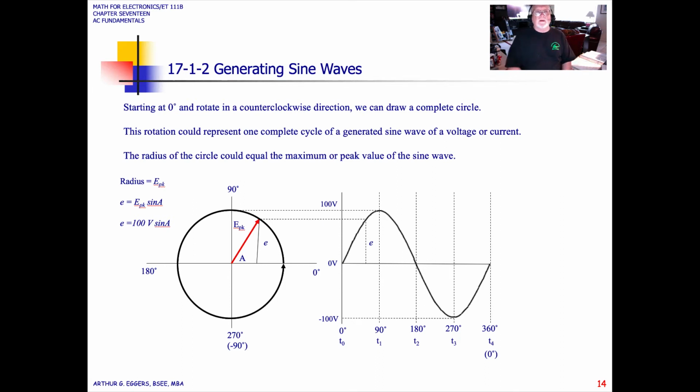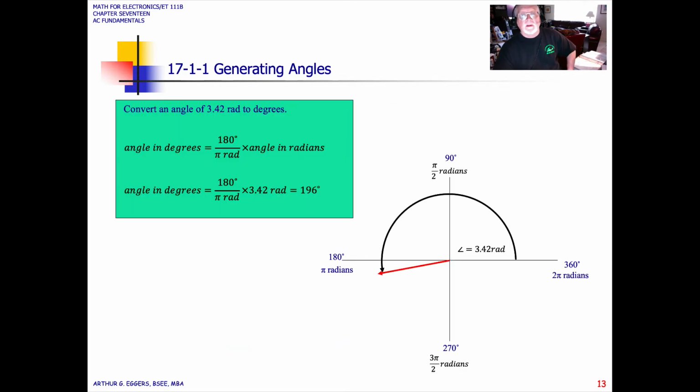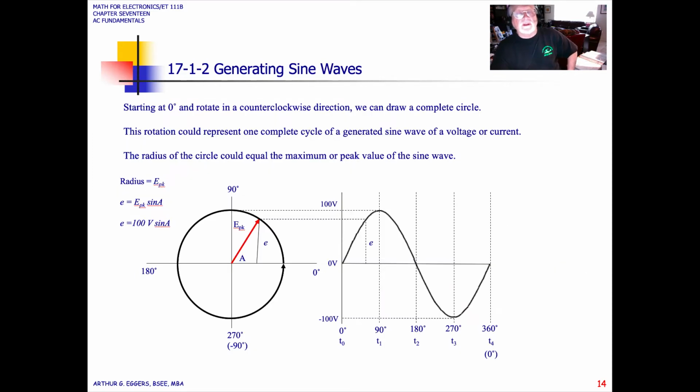Now we've learned about what it takes to generate the angles associated with a sine wave. So let's look at generating sine waves themselves. The sine wave itself is really just an unwrapping of the circle that we have to the left. So if we take a look at the circle and map it across to the sine wave, you can see